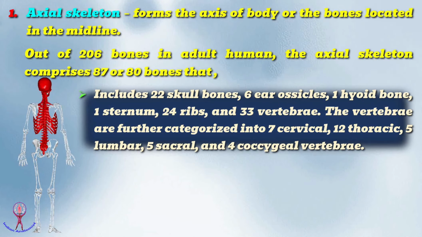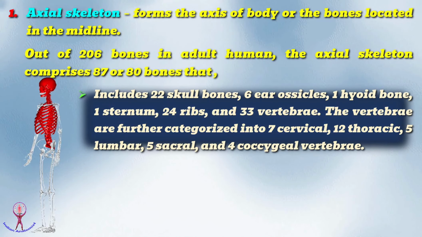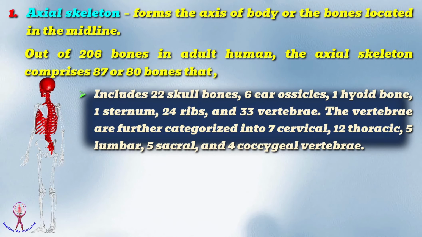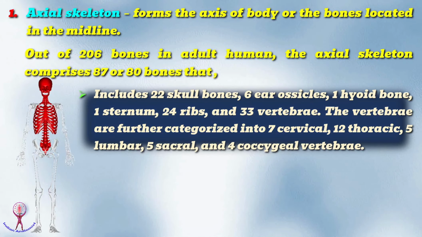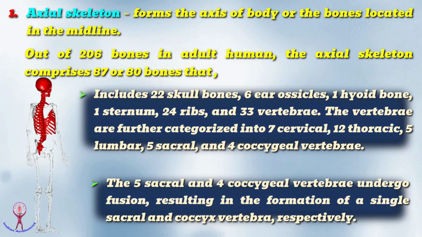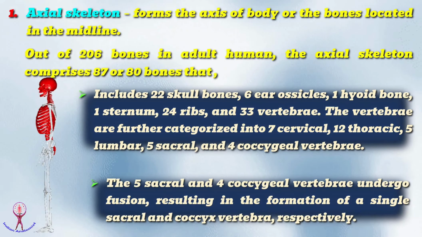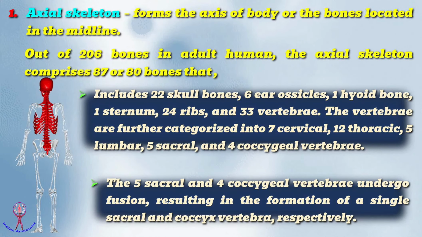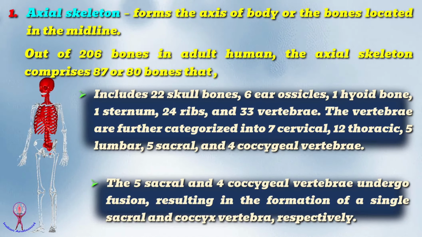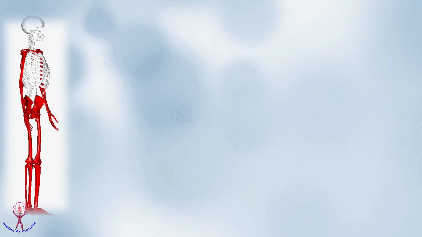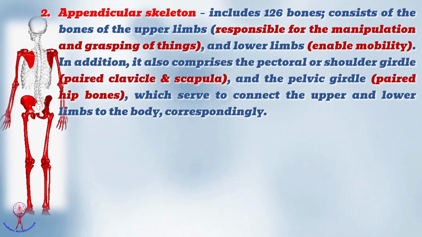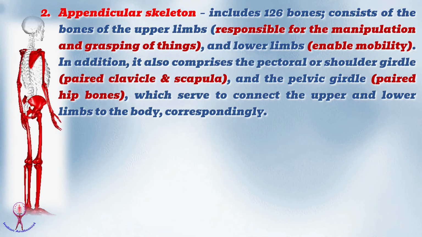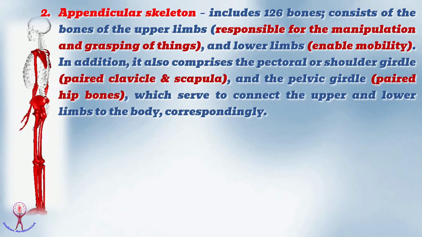The vertebrae are further categorized into 7 cervical, 12 thoracic, 5 lumbar, 5 sacral, and 4 coccygeal vertebrae. The 5 sacral and 4 coccygeal vertebrae undergo fusion, resulting in the formation of a single sacrum and coccyx, respectively. Now, appendicular skeleton. The appendicular skeleton includes 126 bones, consisting of the bones of the upper limbs, responsible for the